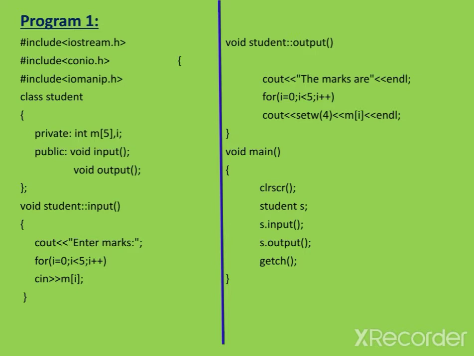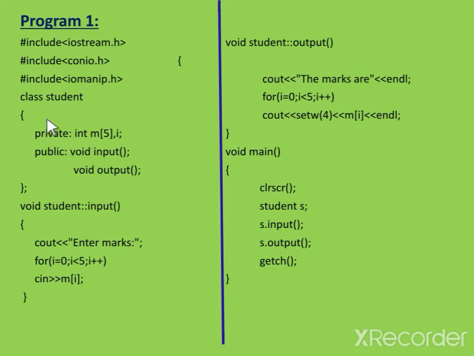Let us discuss this topic with one programming example. In this program, the first step is the header file section. Here the iostream.h header file contains the console input and console output streams, cin and cout, and the conio.h header file is used for what purpose? Clear screen and getch functions. And one more header file I used here, iomanip.h. It is a header file used for input output manipulators.